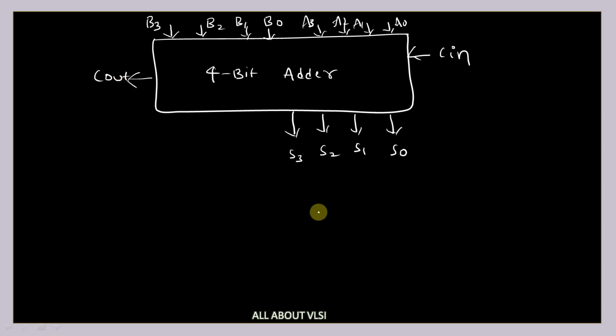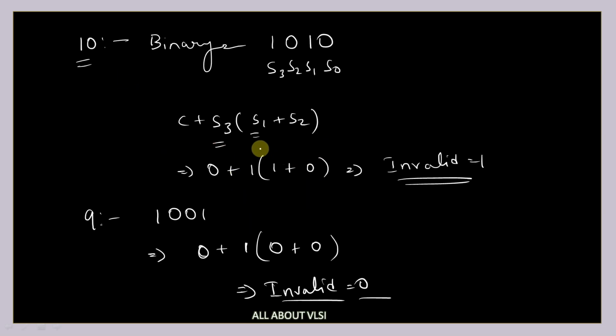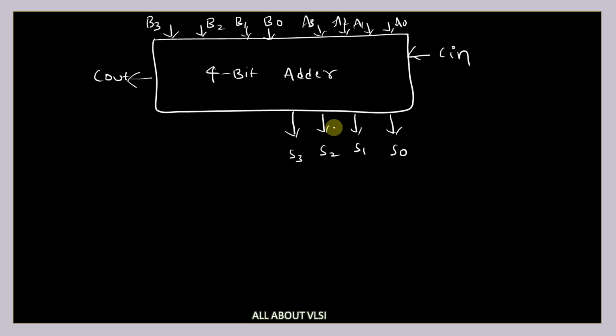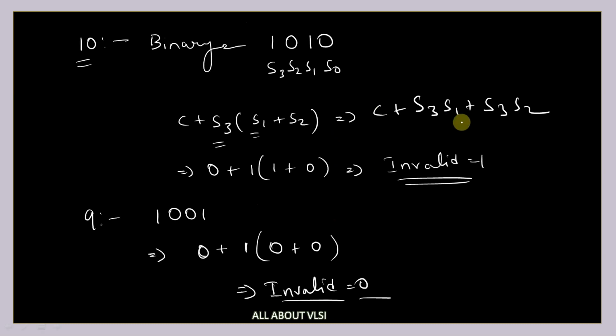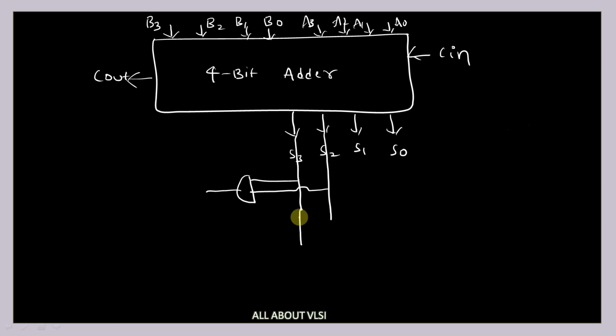Now what is the equation which we have got? The equation is C plus S3 into S1 plus S2. Or we can write this as C plus S3 S1 plus S3 S2. So I will write down here. So how to design this? We can take S3 S2 and S3 S1. So I will take this S3 and S1,